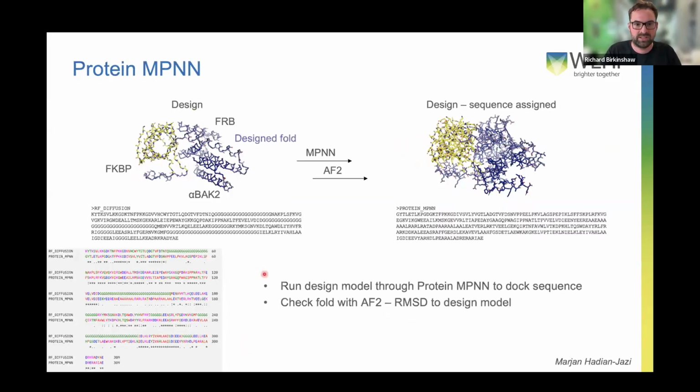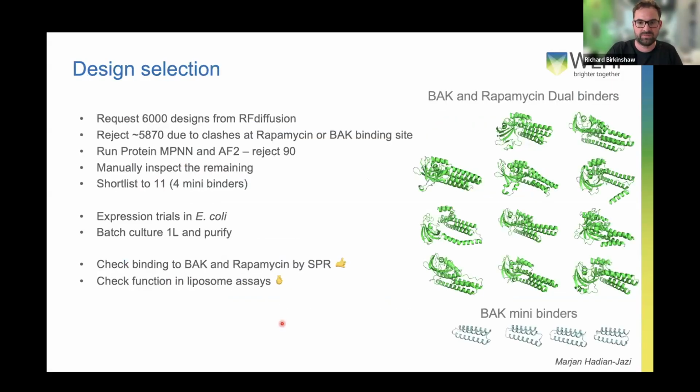Then we would take this polyglycine model that gets spit out of RFdiffusion and then dock the sequence onto that using MPNN. And then we would take these sequences and run them through Alphafold 2. So this is an example. This is what comes out of RFdiffusion. You can see these large polyglycine regions of secondary structure that it's designed, and then MPNN docking on sequence onto this, that we then go and check can adopt the predicted secondary structure using Alphafold 2.